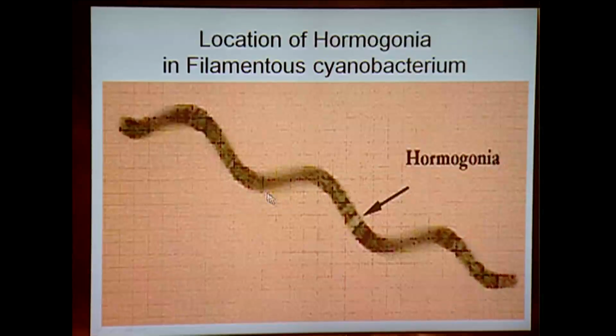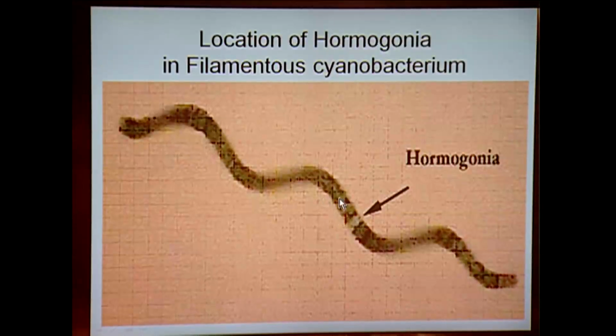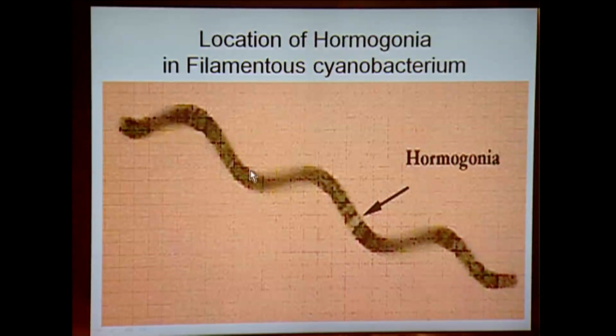Hormogonia is commonly found in filamentous cyanobacteria like Nostoc and Anabaena. They will show a specific region which is like a disc-like structure. But actually it is not a disc. It is a portion where there will be no photosynthetic cell. And whenever there is some external pressure, this particular fragment will break by fragmentation